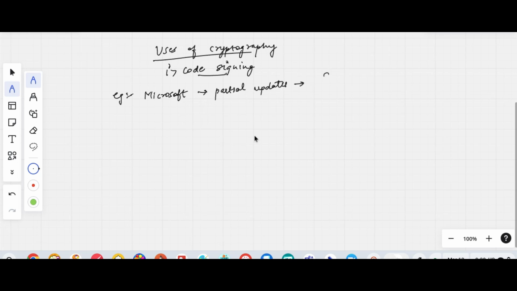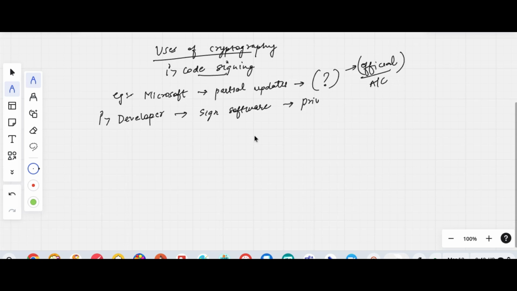Now, how would you verify that this is coming from an official Microsoft source? So there is a whole process that we need to look at. The first thing is that the developer of that particular patch or any update of Microsoft signs the software, or you can say signs the code, using the private key. The private key that they received,